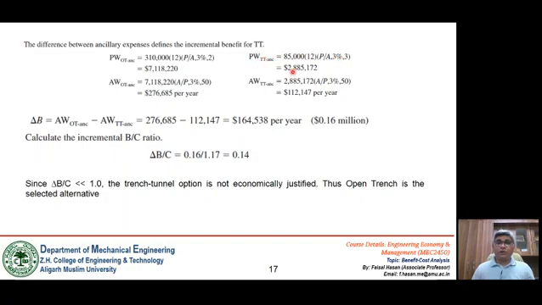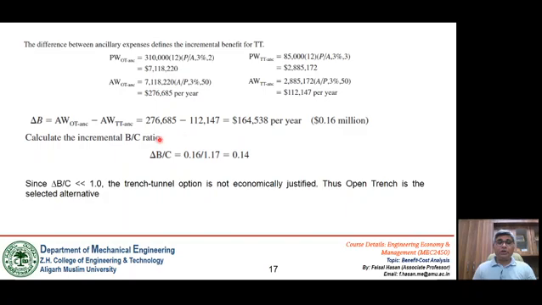And when we convert this for 50 years, P is given as this much and we are interested in finding A. The interest rate is given as 3% and the time duration is given as 50. If we compute this, it comes out to be this much per year. Now for the incremental benefits, if we subtract this much from this, the benefits come out to be this.